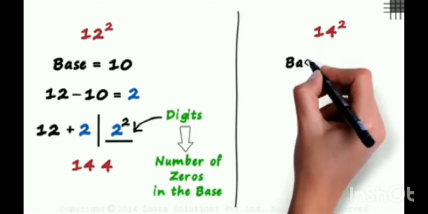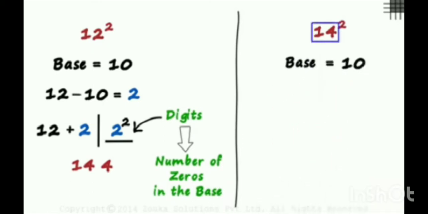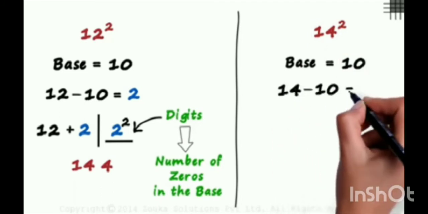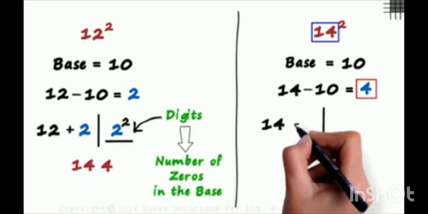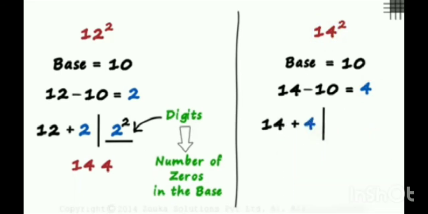Here, we can choose the base as 10, as 14 is pretty close to it. The next step is to find the difference between the number and the base. That will be 14 minus 10, which equals 4. After this, we make a partition. On the left, we write the sum of the number and the difference. That will be 14 plus 4. And on the right, we square the difference. So we write 4 squared. 14 plus 4 is 18 and 4 squared is 16. So the answer is